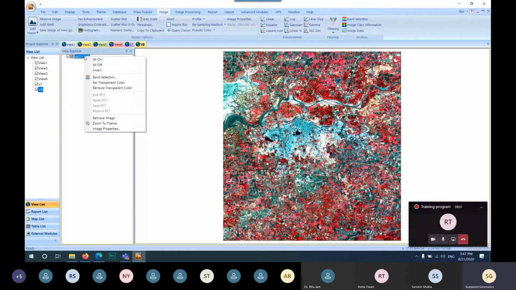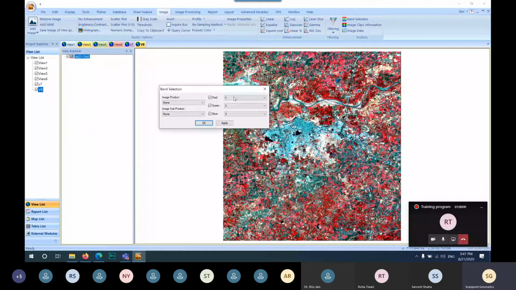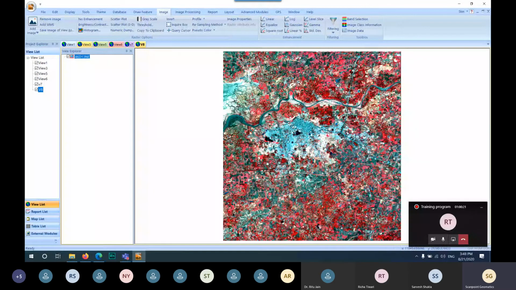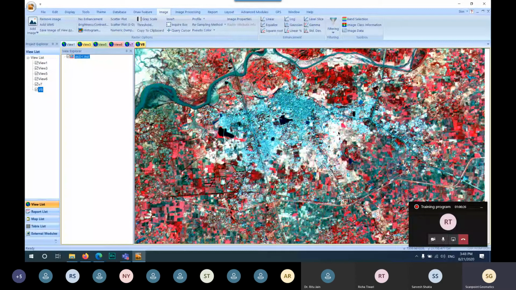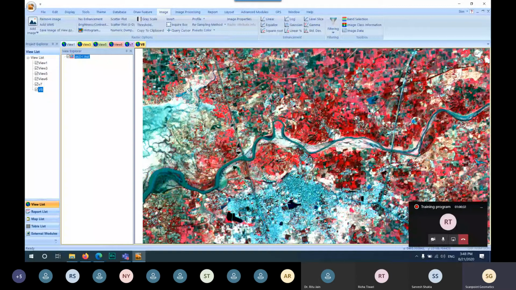So here I am giving the NIR band, which is my band number 1, into the red band, the red band, which is band number 2, is associated as the green band, and the green band, which is band number 3, is associated with the blue color, and it shows me the FCC color composition of my image, where all the vegetation cover, which is more sensitive in the NIR part, is now visible in red color.